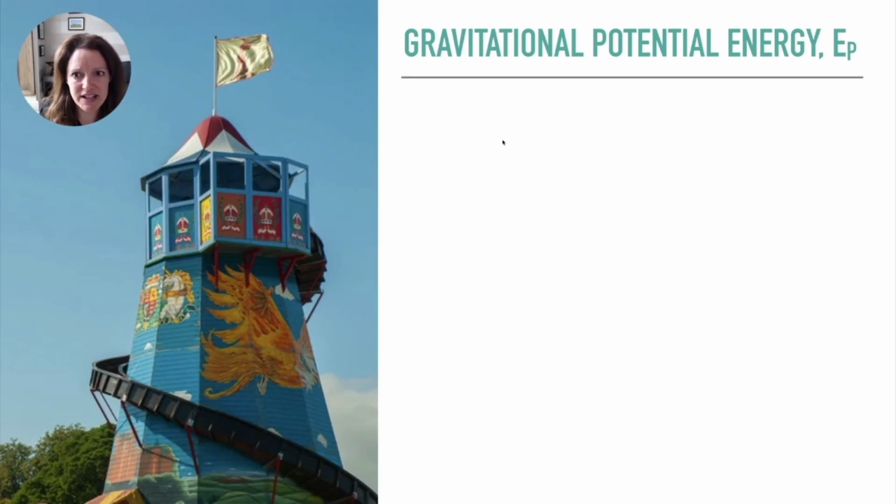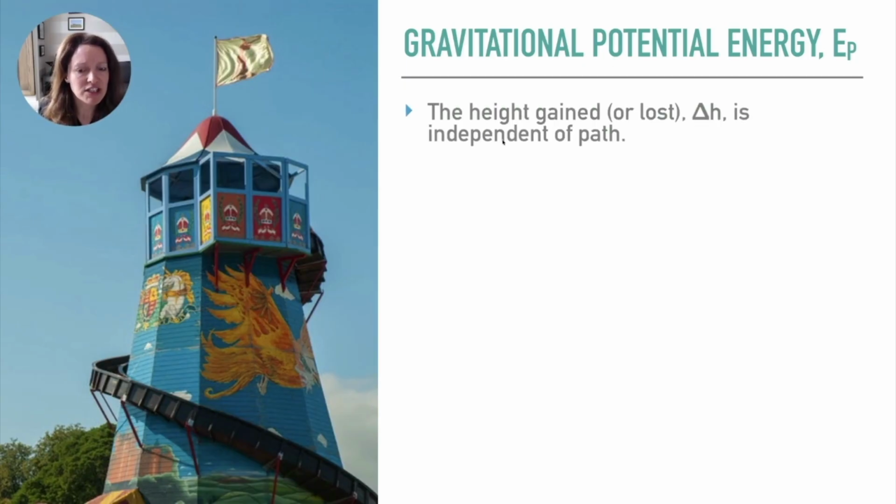Here's an interesting thing about gravitational potential energy. The height gained or lost when we're calculating delta H is independent of path. So I'd like you to consider this helter-skelter below. You start at the top, you slide all the way down, having a real fun time, to the bottom. You go on a really, really complex path to get there. But what matters is none of that. Only the top and the bottom matters. What point at the top, what point at the bottom,